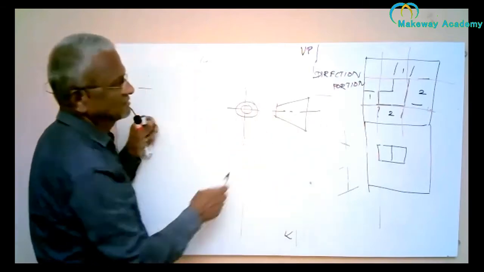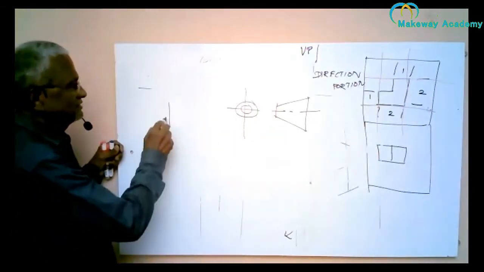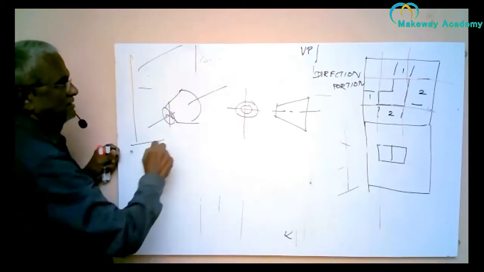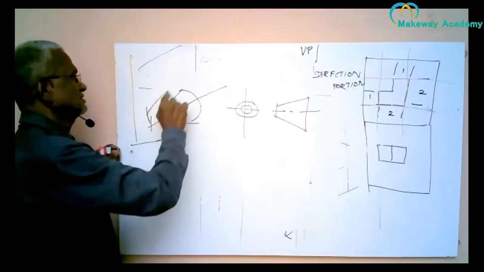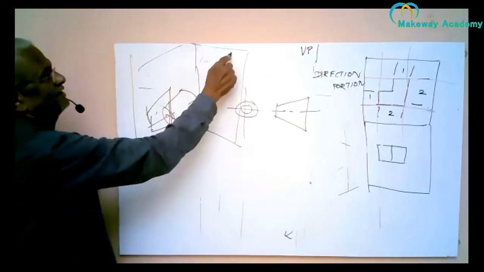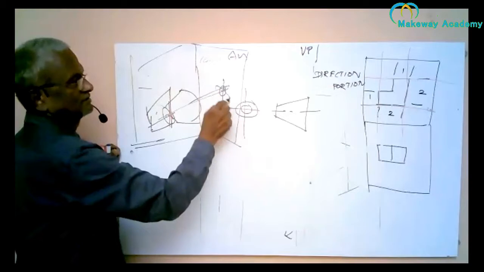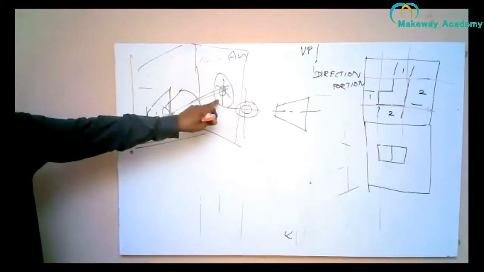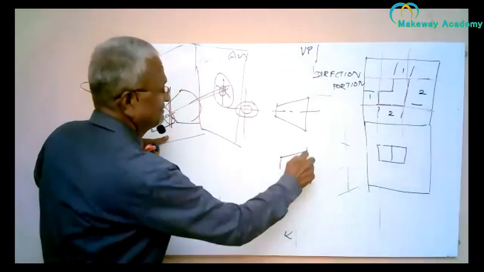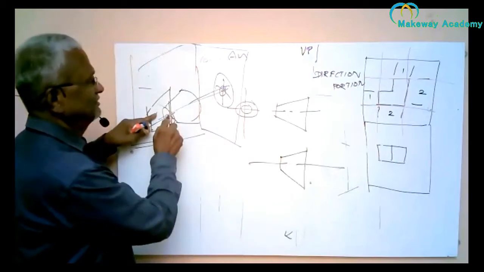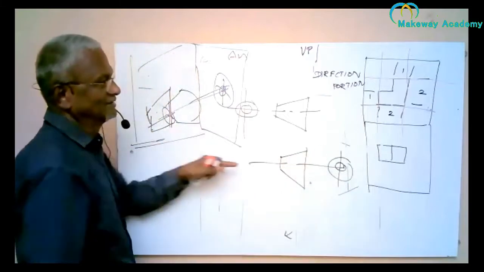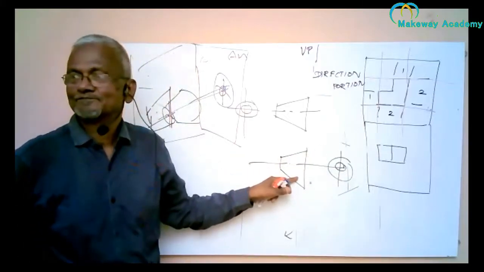So this is the truncated cone. The truncated cone is kept like this. I have got a plane behind, and then it is projected. This is a projection. And then I have got one more plane here, the auxiliary vertical plane, and it is projected here like this. So this is the front view, this is the left side view. So this is first angle projection. The front view is the same. Where you place the left side view is important. If the left side view is placed on the right side, then it is called first angle projection.